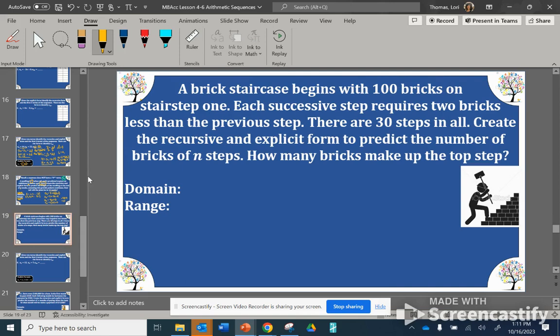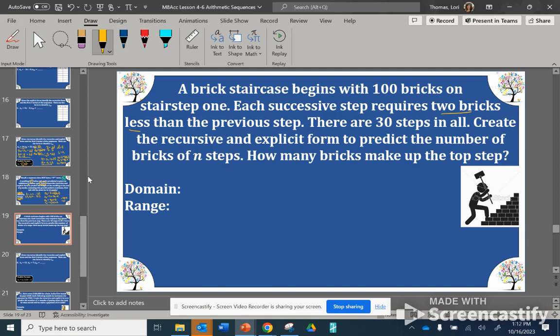A brick staircase begins with 100 bricks on the stair step 1. Each successive step requires 2 bricks less than the previous step. There are 30 steps in all. So let's define the domain and the range and see where we are. So the domain